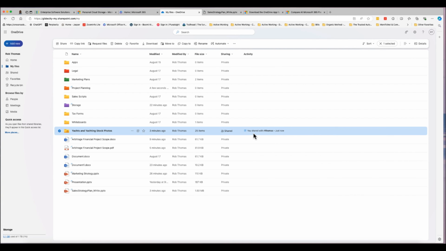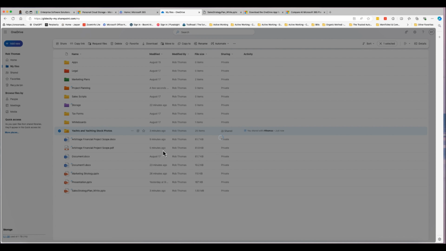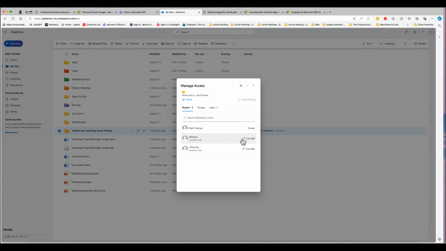So I'm going to close, right? You shared with these people, and it's shared. So now it's not private. So now if I go into the folder and I go to manage access, right? I can see who has access. This person can actually edit, right? Or, I can click here